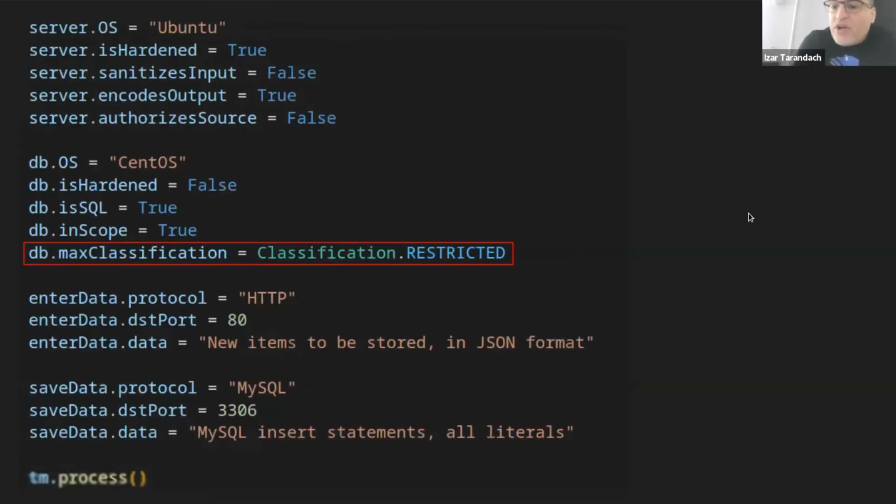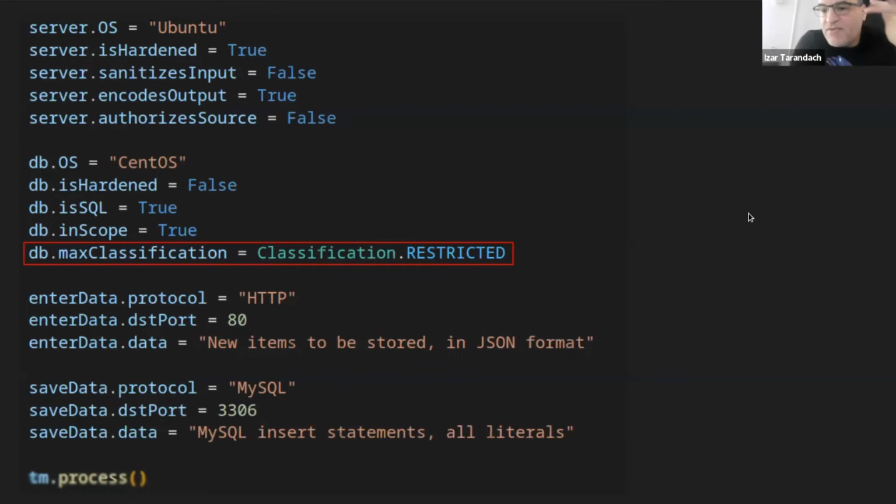And now we move to actually annotating each one of the elements and giving it the specific attributes that they would have. So here, for example, the call out in red says that the max classification of the database is restricted.